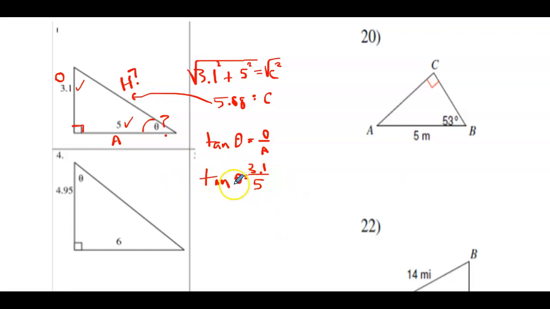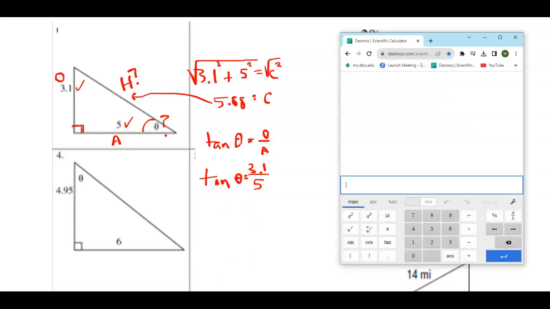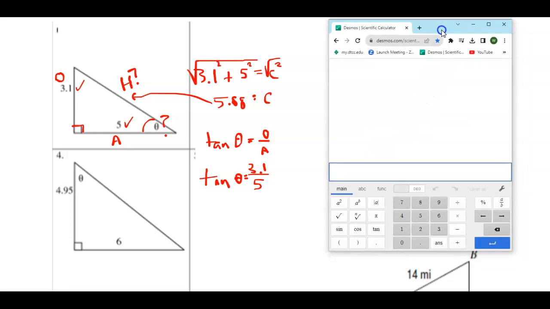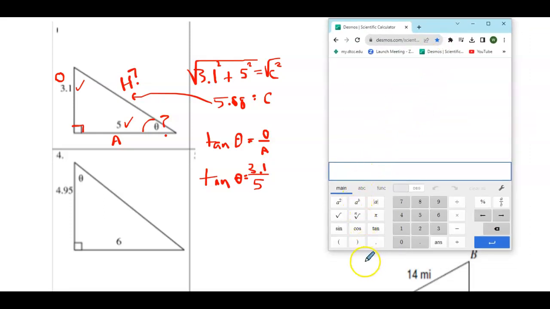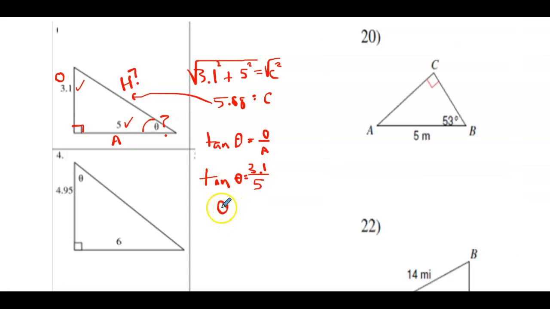So this is where you have to use a special key on your calculator, and let me try to pull up that calculator. Alright, so this is Desmos, which is an online calculator. If you like using it, you can. But we want to get theta all by itself. So to do that, we have to do what's called the arctan to get theta isolated. So it would be theta equals